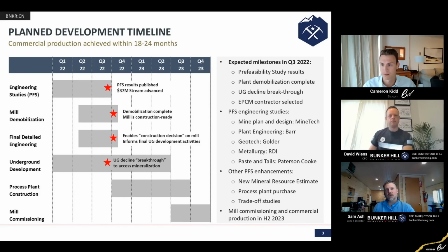Yeah, absolutely. That's a great question because there are quite a few components and parts, and the more effort and focus you put on cataloging, categorizing, and storage in the demobilization phase, the easier it's going to be to put everything back together. So we have